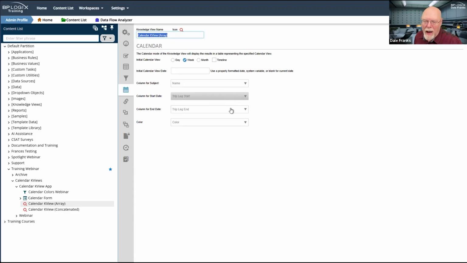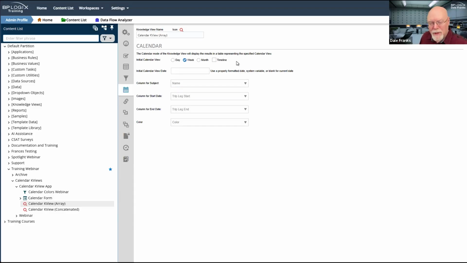If, in fact, I have these 3 fields, they must be columns in the knowledge view, then I will automatically be able to create a calendar knowledge view if I want. If I don't configure this tab, then there will be no calendar knowledge view. It will just show up as a normal knowledge view with the normal data. So I must configure this tab, and I must configure these 3 properties here for the name, the start date, and the end date in order to make it work as a sensible calendar that people can look at.